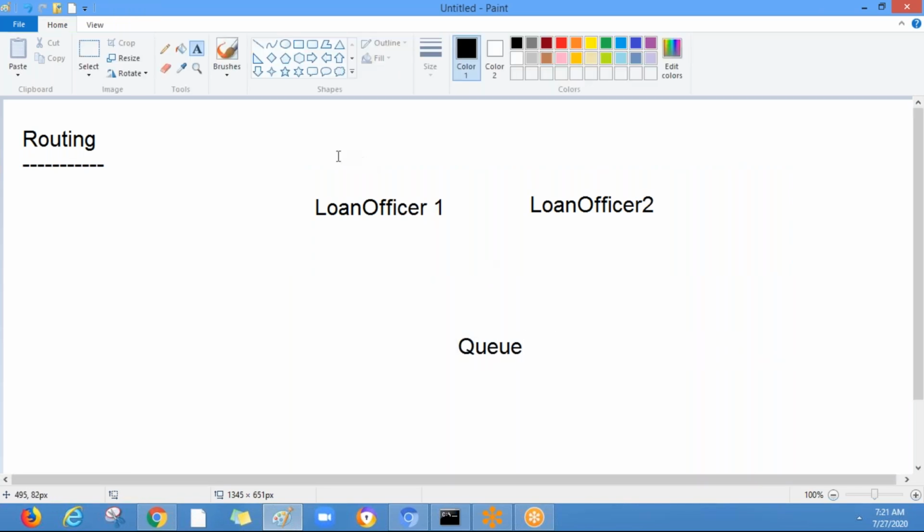This assignment can be accessed by loan officer 1 and loan officer 2. If loan officer 1 picks that item and opens it, loan officer 2 cannot open it. Anyone can pick the item and perform it. This is called the work queue, where we are sending an item into the queue and whoever is eligible to access it, whoever is available for that work queue, can access the item.